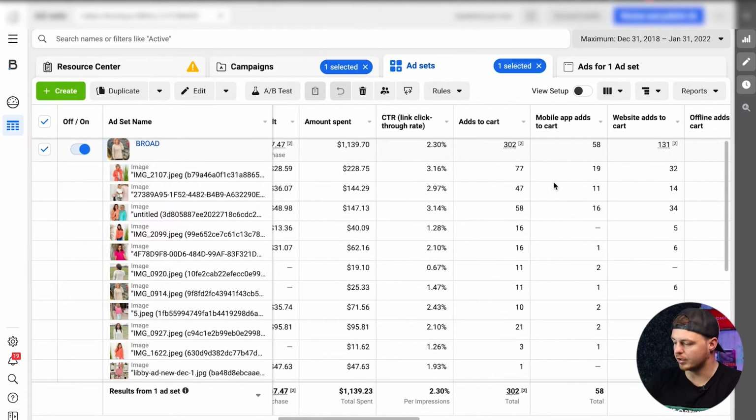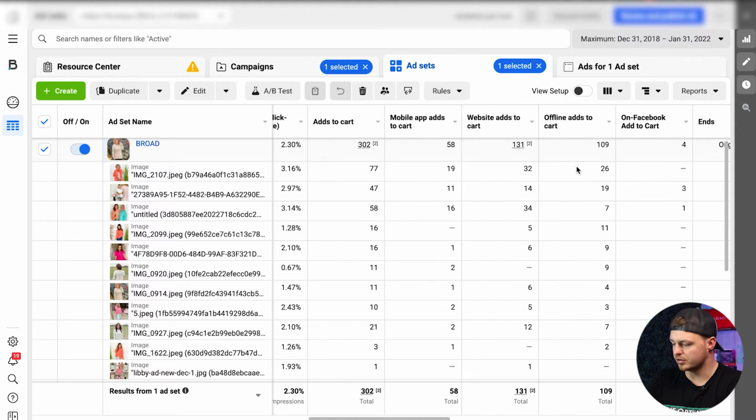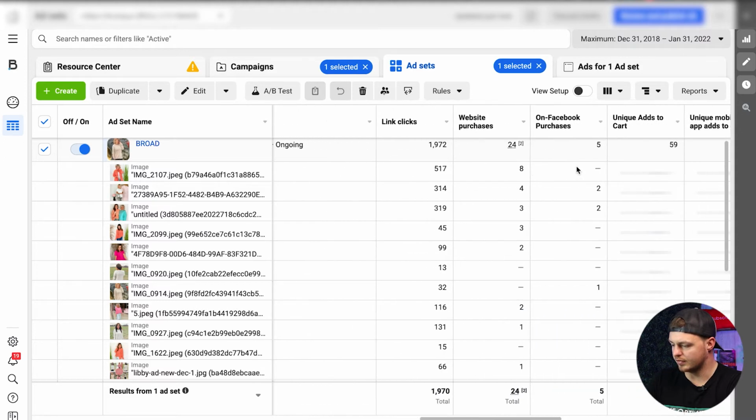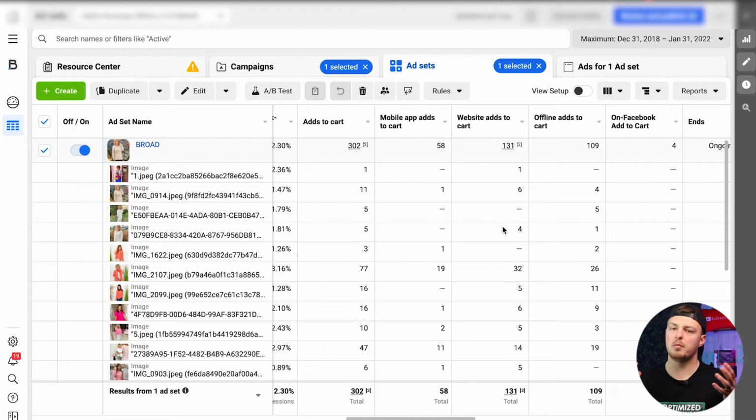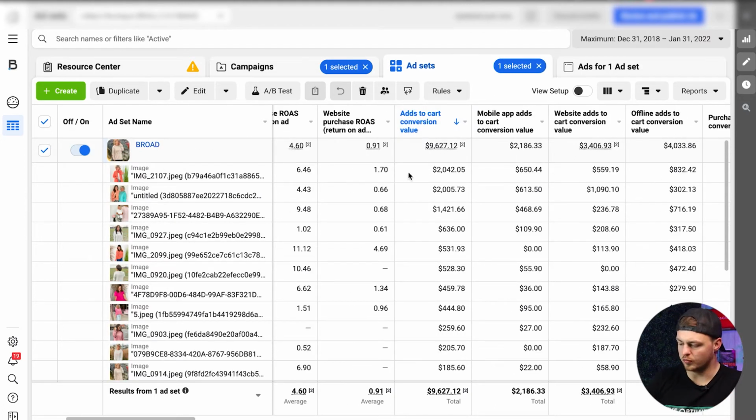Now, the add to cart value. So this has 32 add to carts, but I'm really interested in the value. And what this means is just how much money did this ad generate in people adding to their cart, right? So how much money is left in the cart right now? All right, so you can see very quickly here that this one right here had $2,000 in add to cart value. Our second one, actually, that didn't get as much purchases, also had $2,000 in add to cart value. And then our third image, which had the most revenue, actually was trailing by about $600 in add to cart value, which just means that more people like this product added to cart and we didn't incentivize them enough to